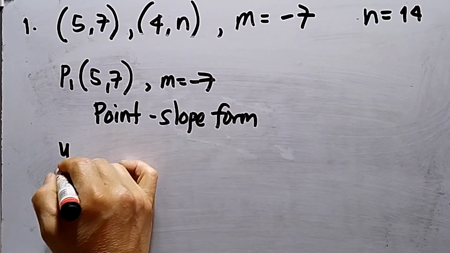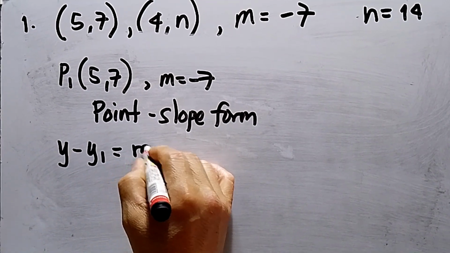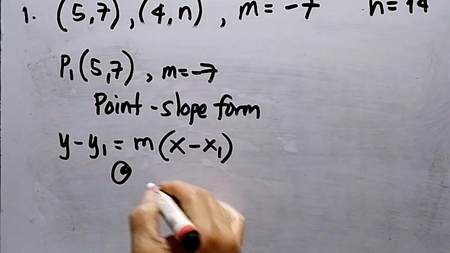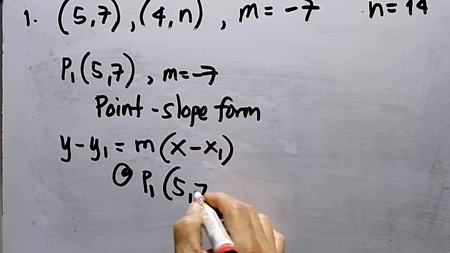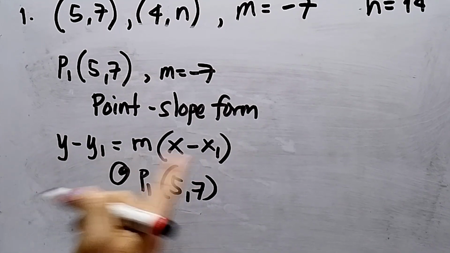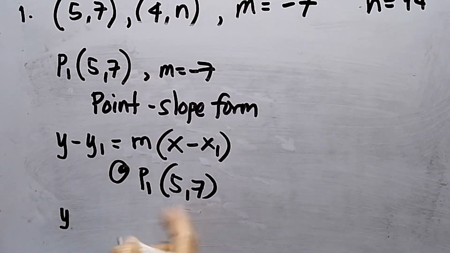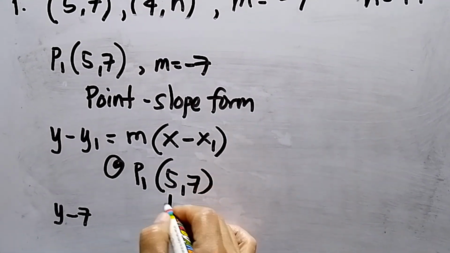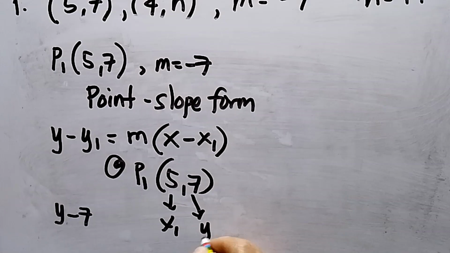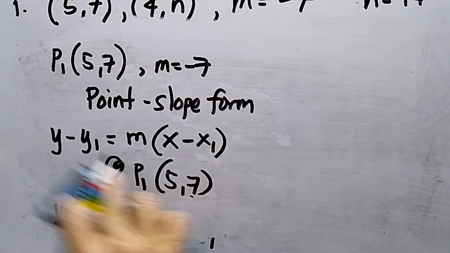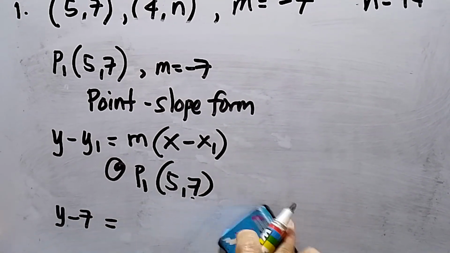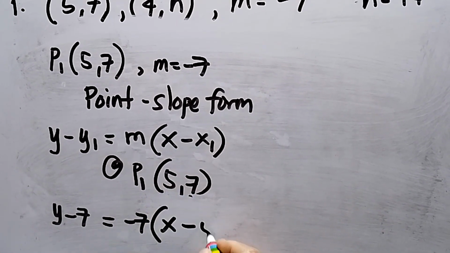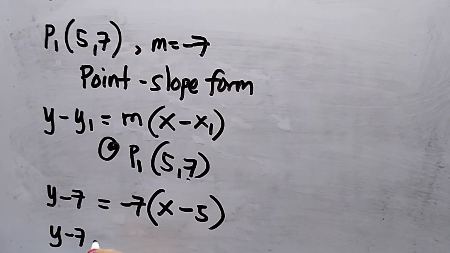So the formula is y minus y1 is equal to m times x minus x1. At this one is point 1, 5, and 7. Then I will substitute the coordinates. So this will be y minus 7, because this is x1, and then this is y1. Okay? So m is -7, and then x minus x1, which is 5. So y minus 7 is equal to